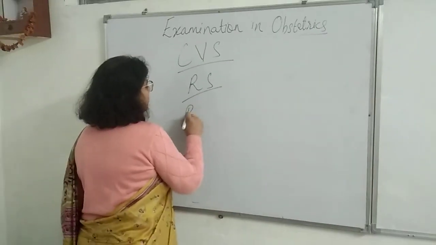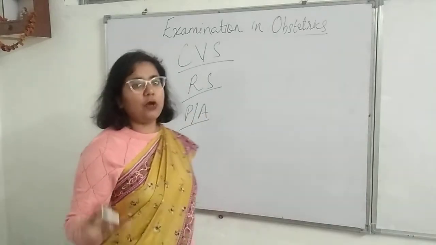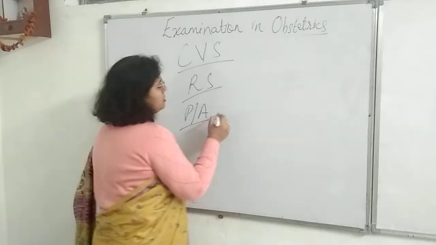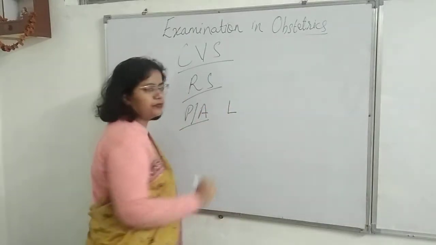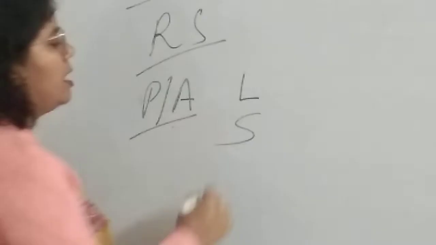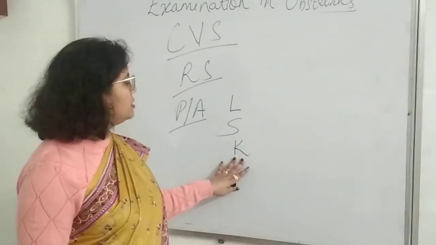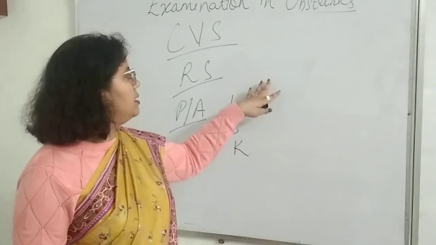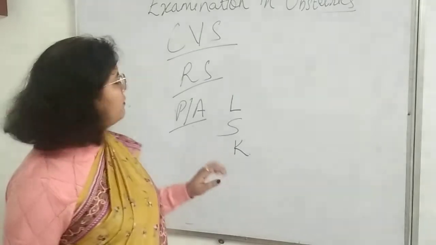Now per abdomen, I am talking about only abdominal examination, not obstetric examination. Obstetric examination I will be taking in another class in detail. Per abdomen examination, especially in early pregnancy, you will be looking for her liver, whether it is palpable or not, her spleen, whether it is palpable or not, and her kidneys posteriorly. This is important because sometimes during examination you may come across some conditions that are diagnosed incidentally. Okay, this is important. Never miss this.